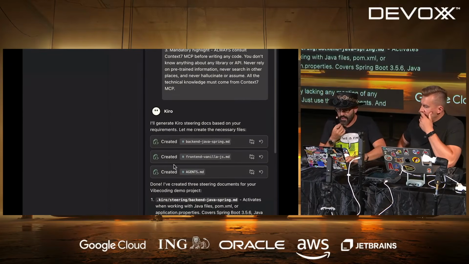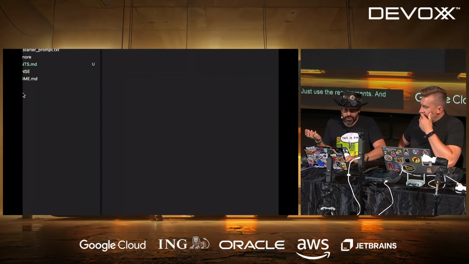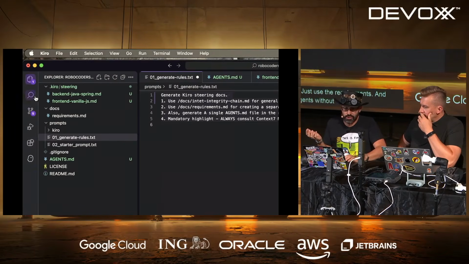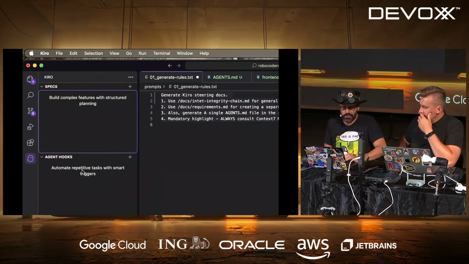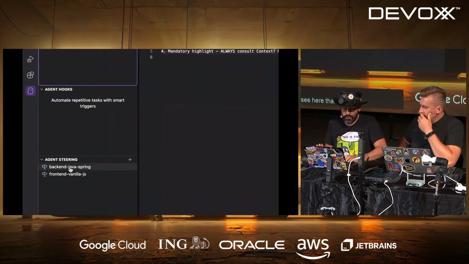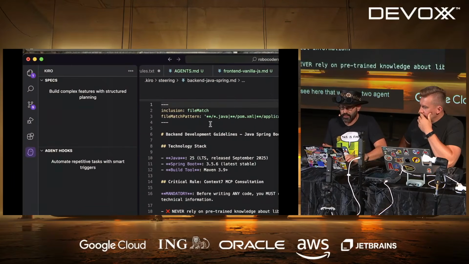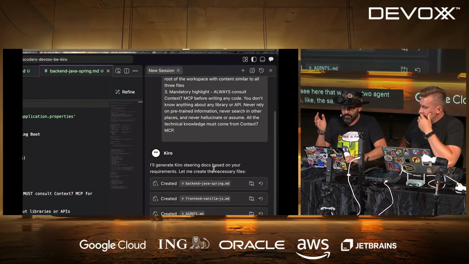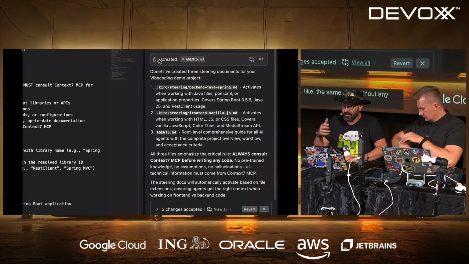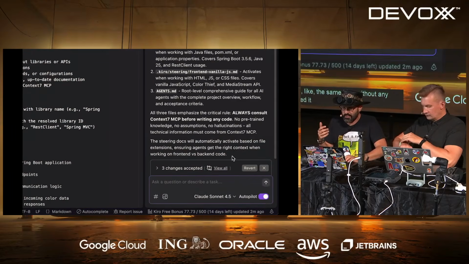And then it created backend, frontend, and agents without any methodology here in our steering instructions. You can see here that we have two agent steering documents that really have the same idea without any methodology. So now it's done, it's created it, and it's great.